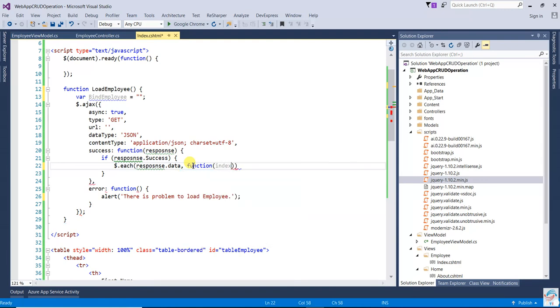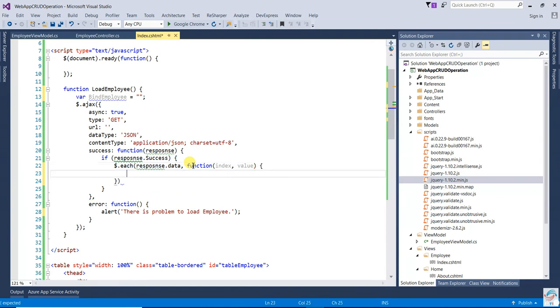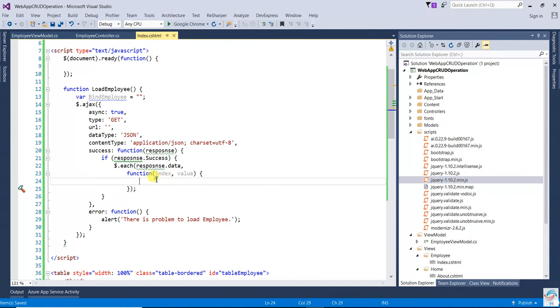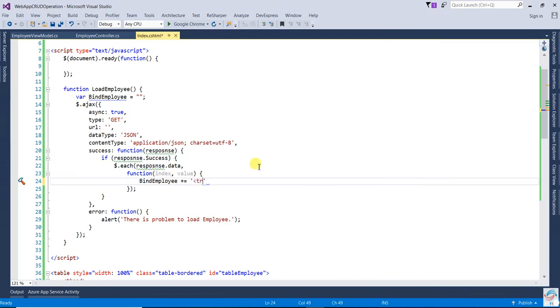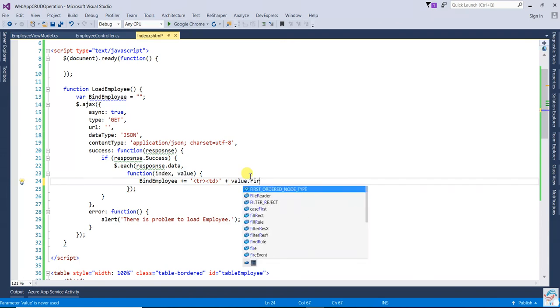Then index, comma value. Okay. Now we'll bind in this one, plus equal to tr, then td plus value dot first name,